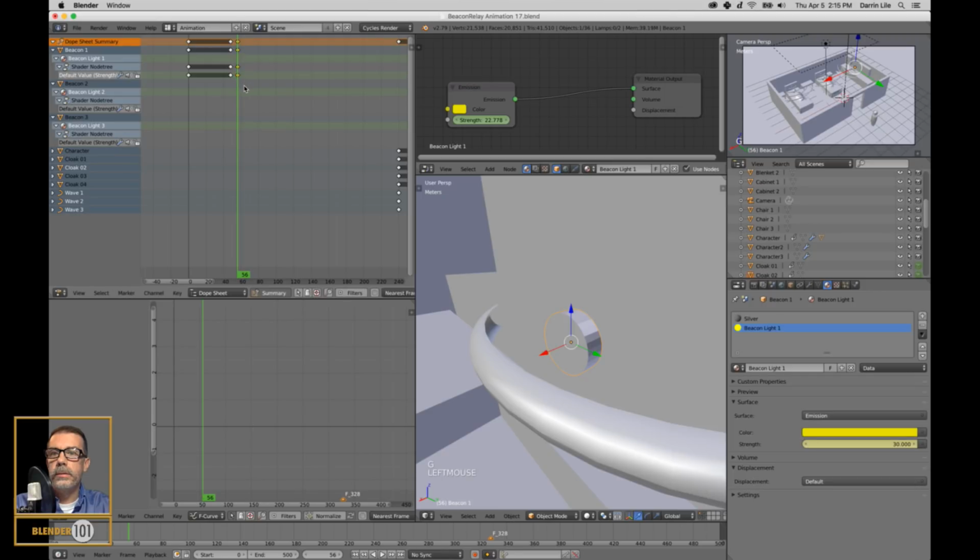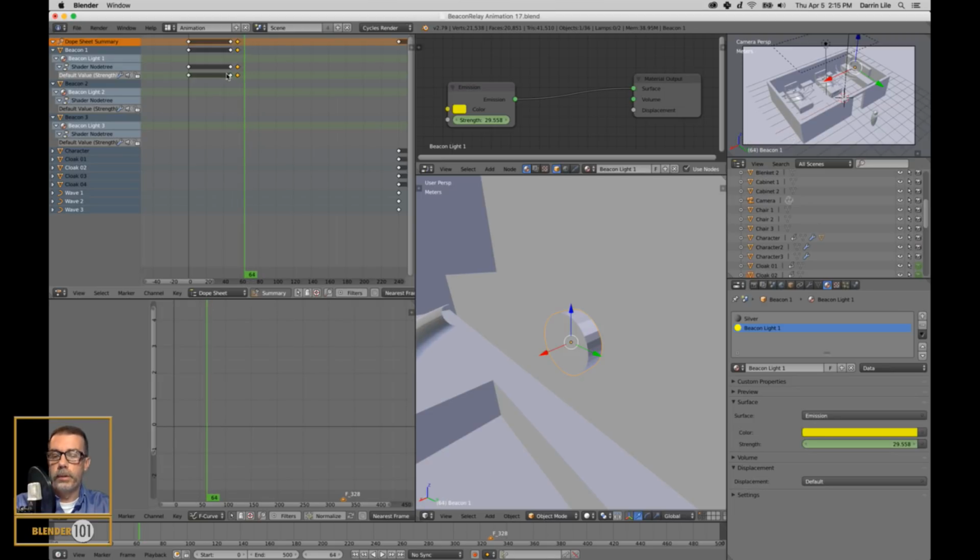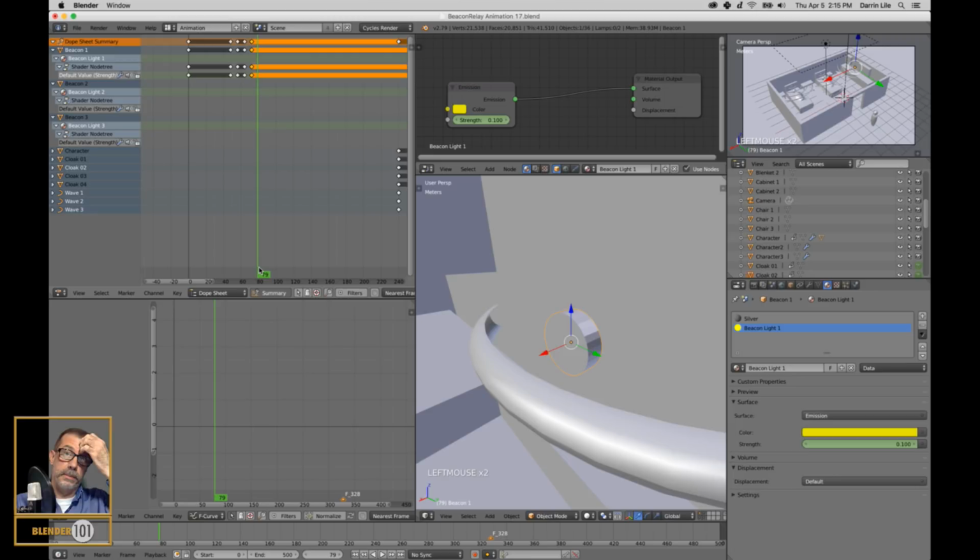And then to 64. Duplicate, Shift D, move that over. And then I'm going to grab this one and duplicate it and move it over to, say, 72, something like that. So duplicate, move that over. Okay, so that theoretically